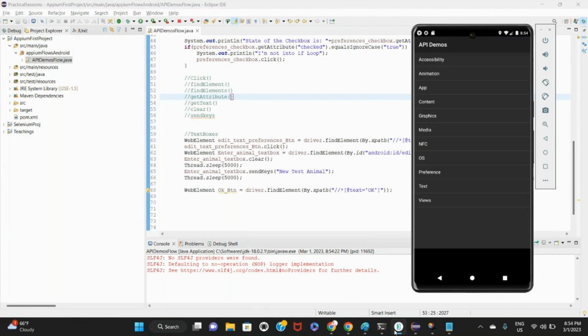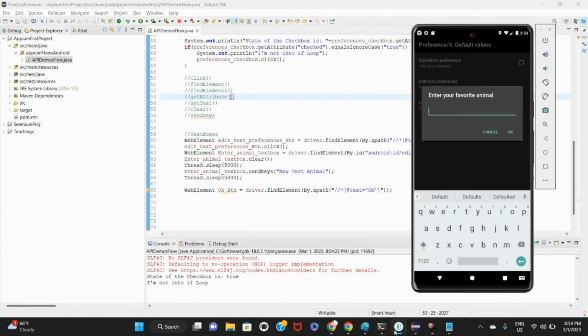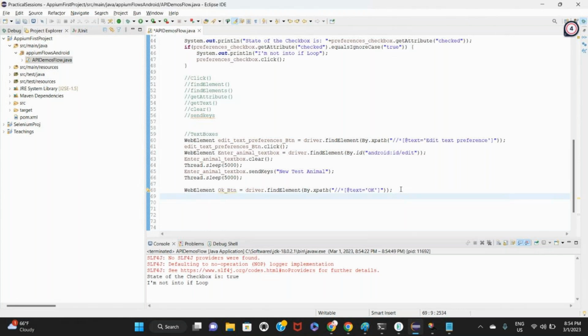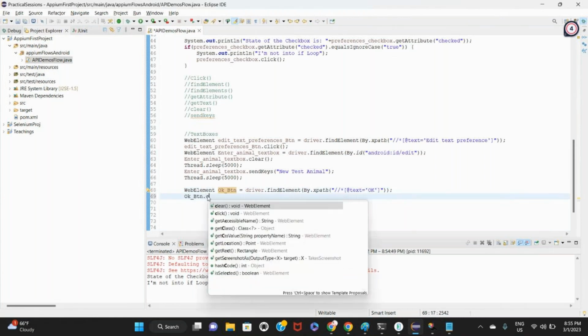Okay, so now we got this API demos. We are clicking on preferences. We clicked on default values and we unchecked the checkbox, clicked on this button, and now we cleared that and we are waiting for 5 seconds. And now we want to enter a new value and we have done that. So with this, you understood what is clear and what is sendKeys. The final step would be to click on this button and assert whether this value is coming right or not. So I'll click on this button, dot click,